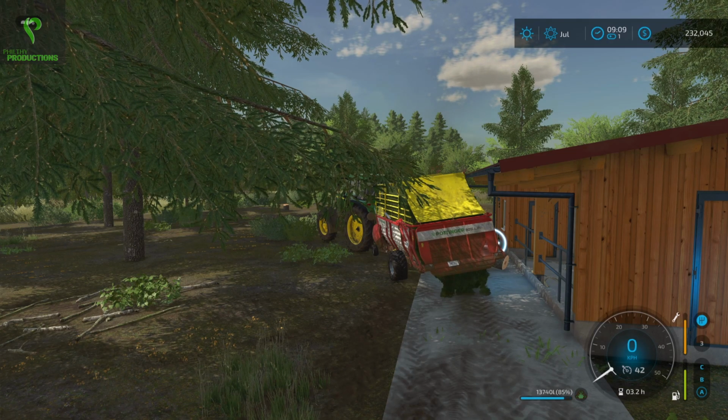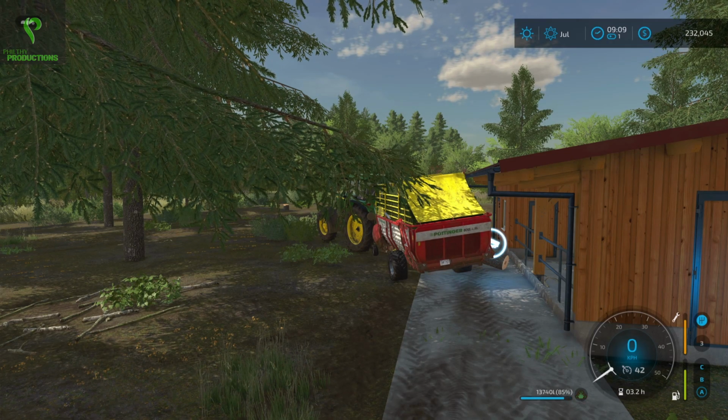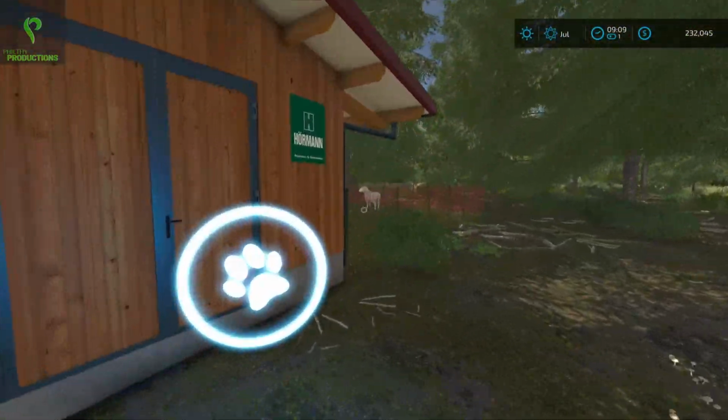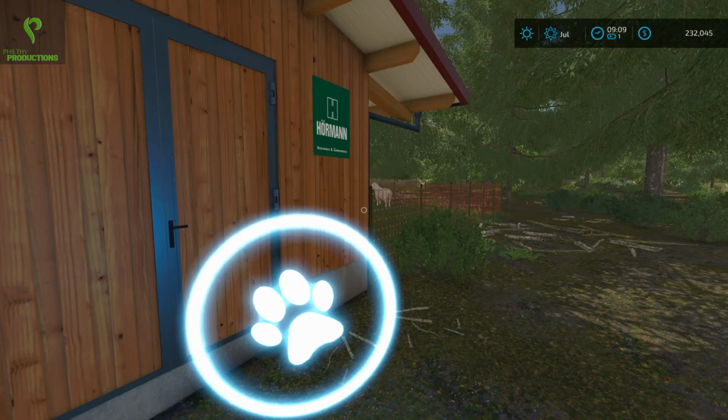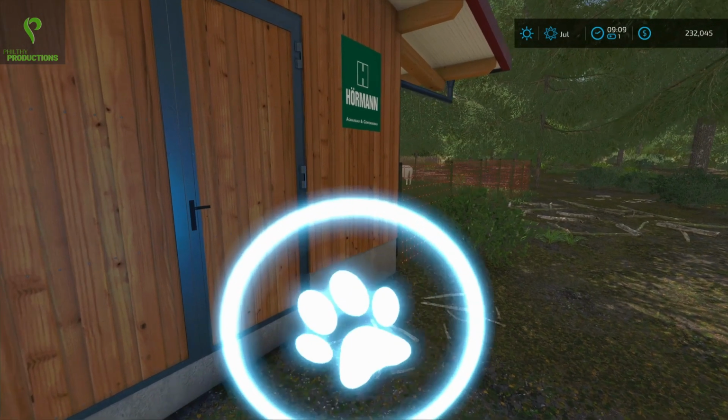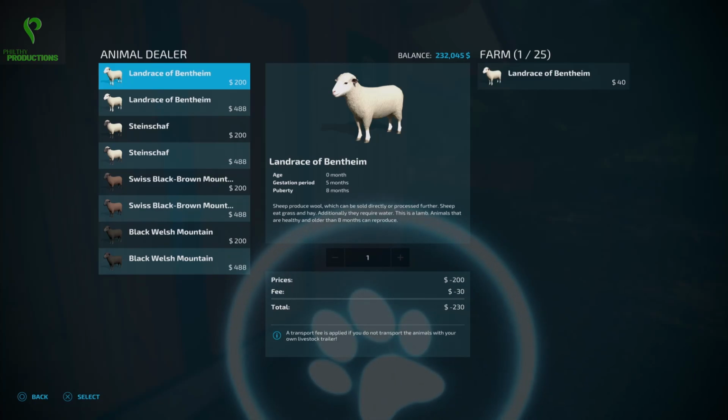I only bought one sheep just to see what the capacity was, and like that, are we full already just after that little percent? We might be. Yeah, there you go. So this only holds 4,500 liters, so that's a significantly lower amount than I was expecting. So what I'm going to do now is I'm going to buy some of these